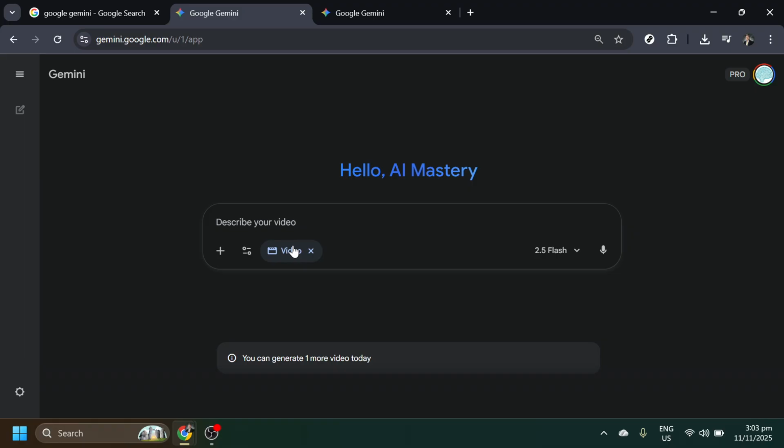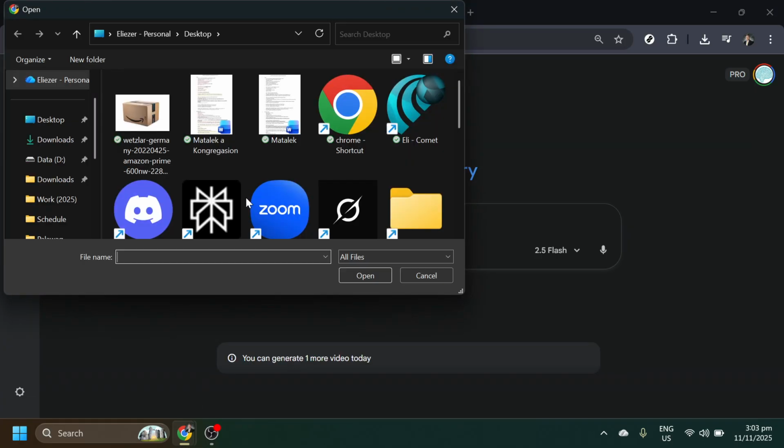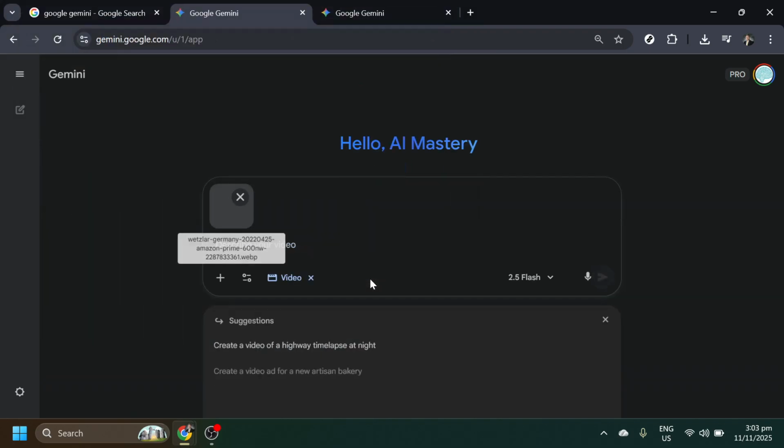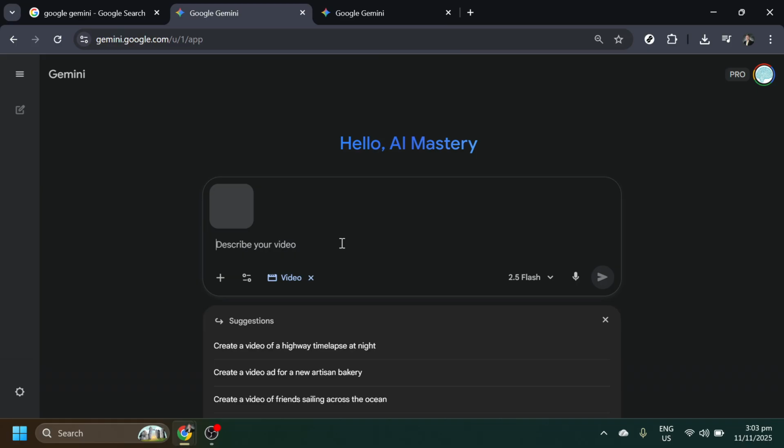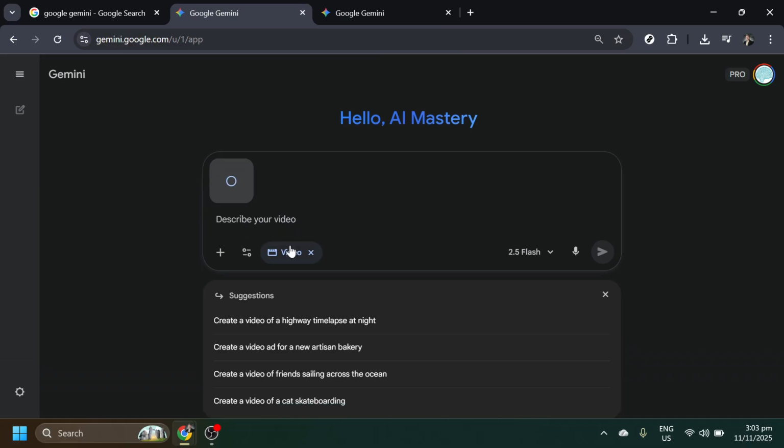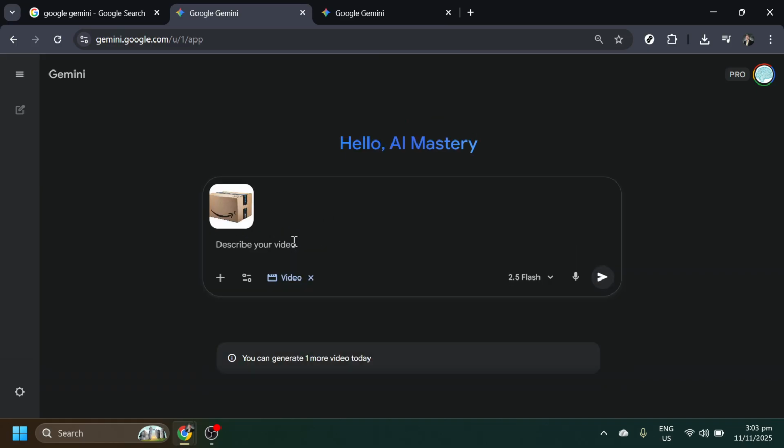Now it's time to bring your photos into the project. Click on the plus sign icon displayed on the interface. This allows you to upload the images you want to convert into a video. Ensure your photos are of high quality, as clear and well-composed images often result in the most stunning video transformations. Take a moment to scan through your collection and select a photo that you feel possesses the potential for a